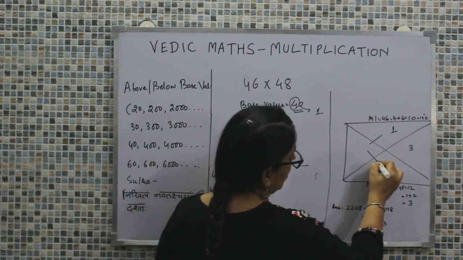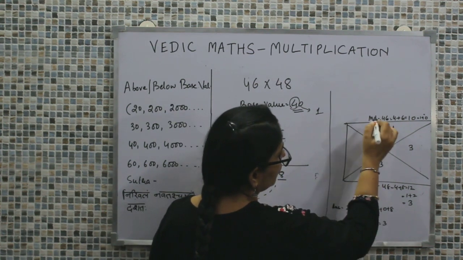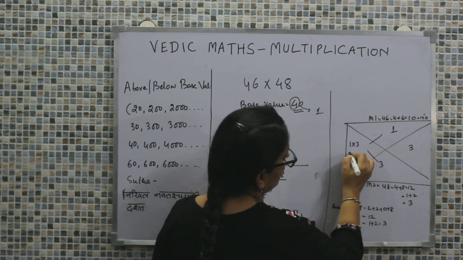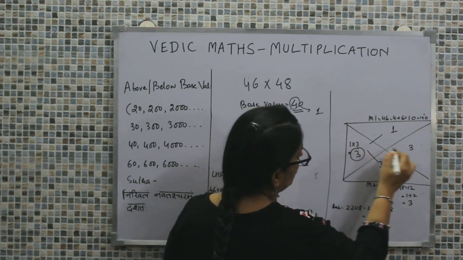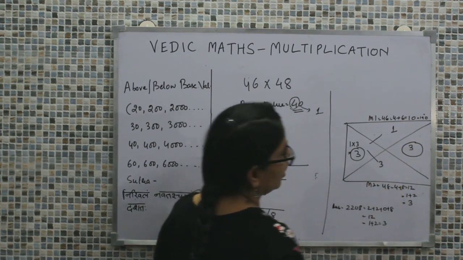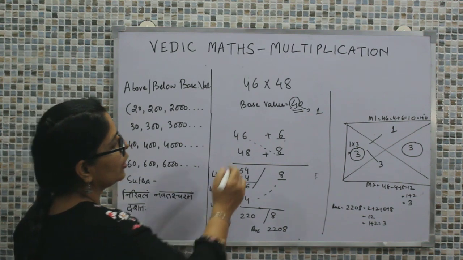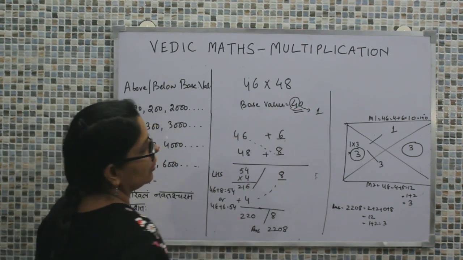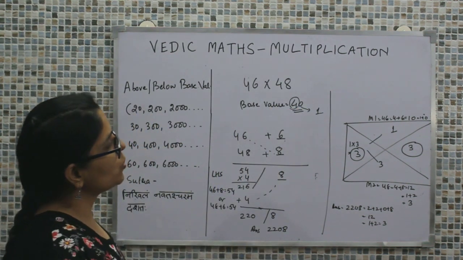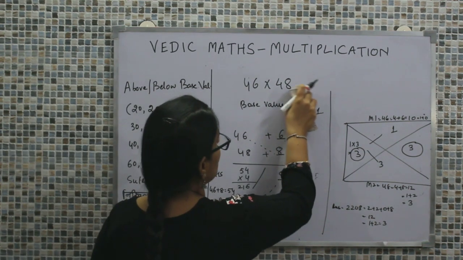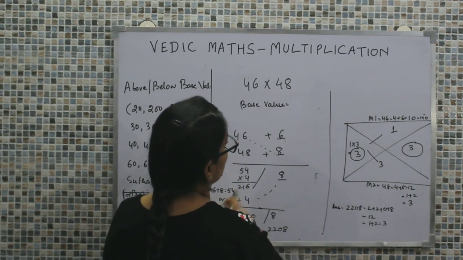Now let's make out the multiplication of the digital sum of the first multiplier and the second multiplier. So that will be 1 into 3 is 3. This value matches with this, hence our answer is perfectly right. So here we have taken the base value as 40. Let's solve the same question by using a base value of 50. See what are the changes that need to be done.